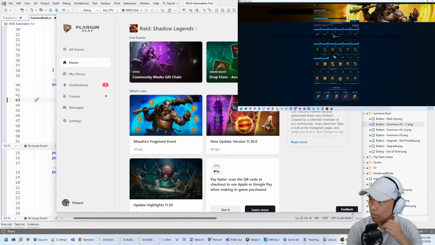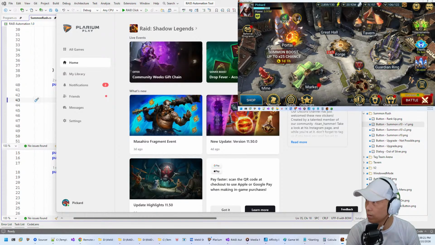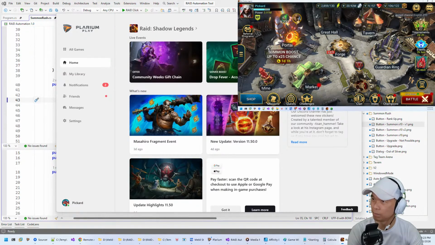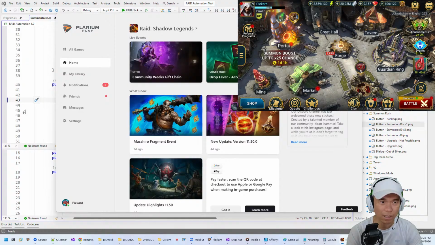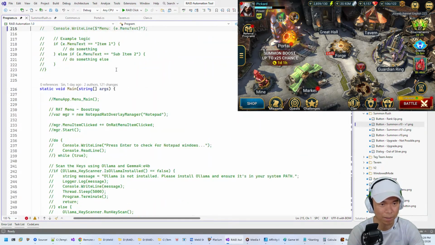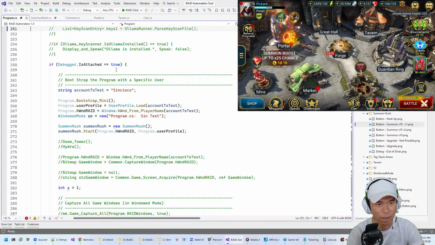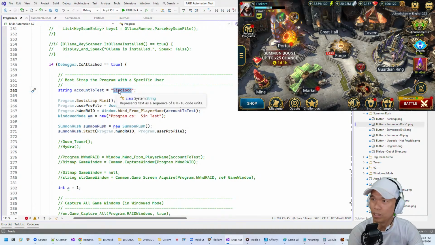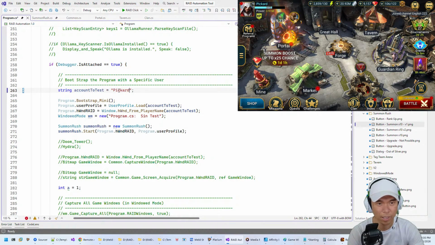So let's see if we can get this fragment since we're so close to it, while we're waiting for my other account to be freed up. So let's actually run this for this account. I don't know how many times I'll have to run it though. Oh, you know what? While we're here, why don't we actually improve the code by making it speak as it